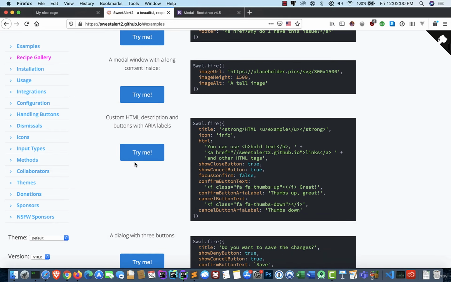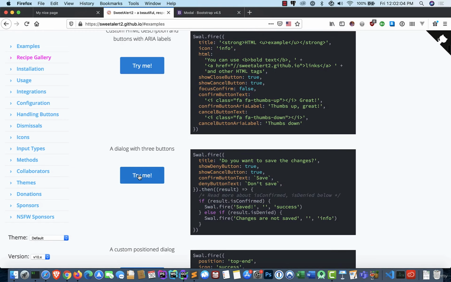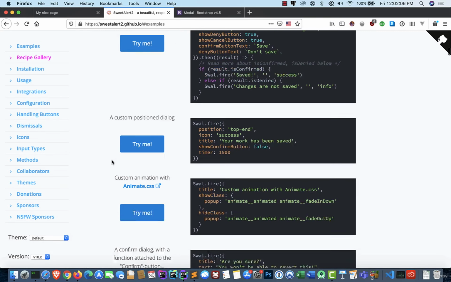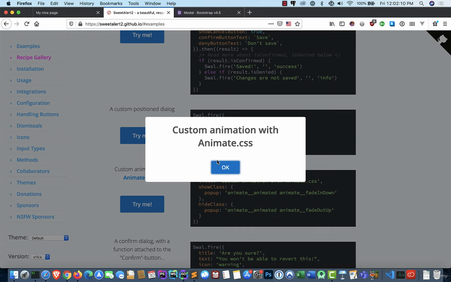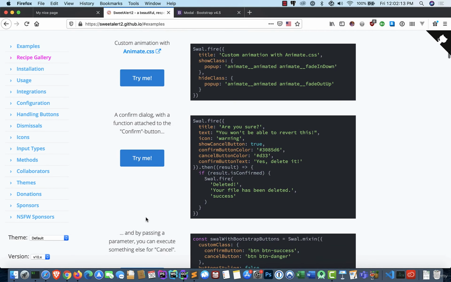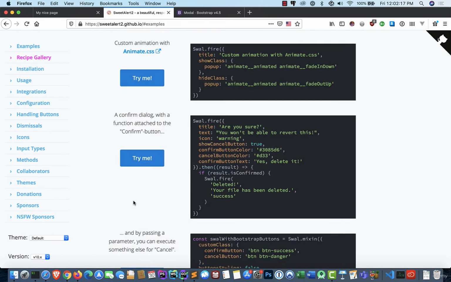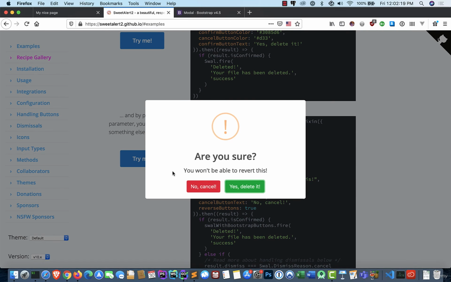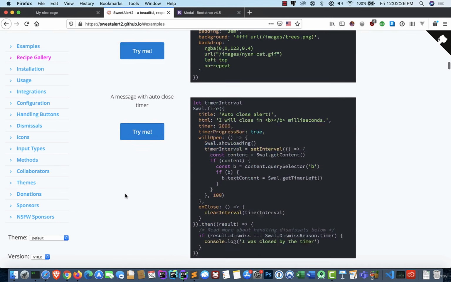When we get down here a little bit more, custom HTML buttons with ARIA labels, we can do that. A dialog with 3 buttons, we can do that. We can have a custom position dialog. We can have a custom animated dialog. There's a lot of functionality here. A confirm dialog with yes. And here we can also even change the styling of the buttons. Pretty straightforward. Let's go down to